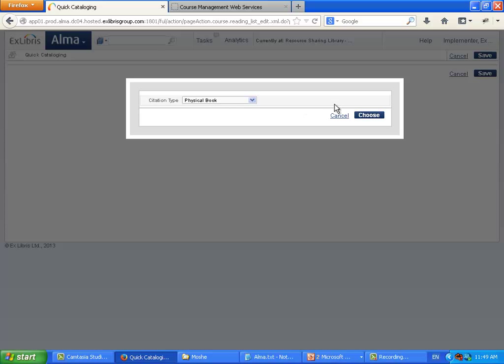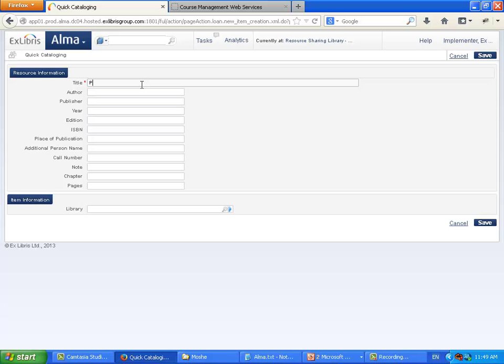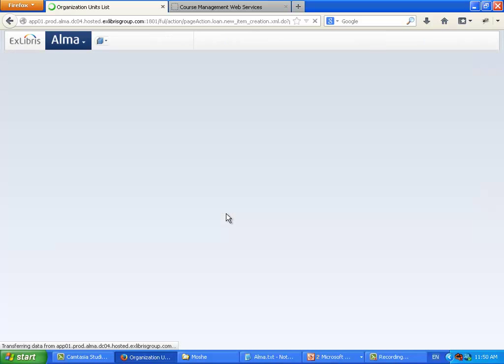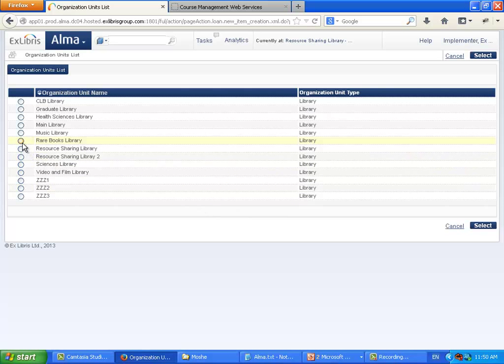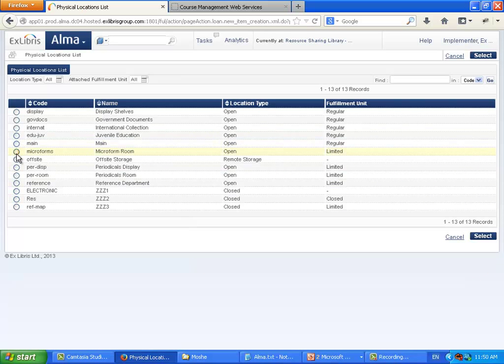If I select to add a physical book and choose, I have this option here to put in the metadata like I had for the non-repository citation, but in addition I have the option to add inventory to actually create an item. So I'm not just creating metadata, I'm also creating inventory, a physical book in this example, with some library and some physical location,